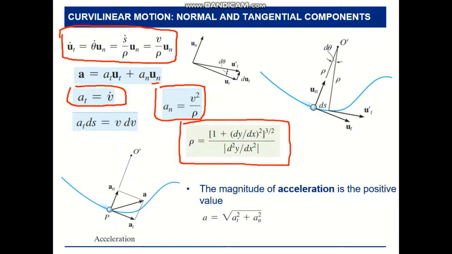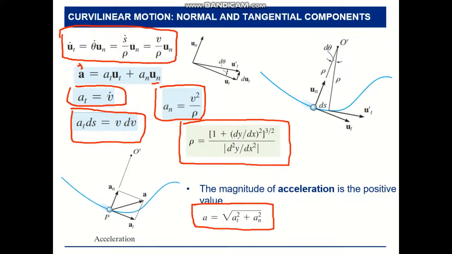And if we want to use this term, we know that a_t ds is equal to v dv, but we need to use this term for the tangential acceleration term. And if we want to take the acceleration magnitude, it is again a vector quantity, so we need to take tangential acceleration squared plus normal acceleration squared, and take the square root,